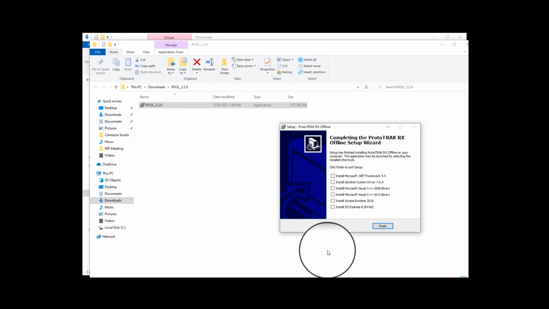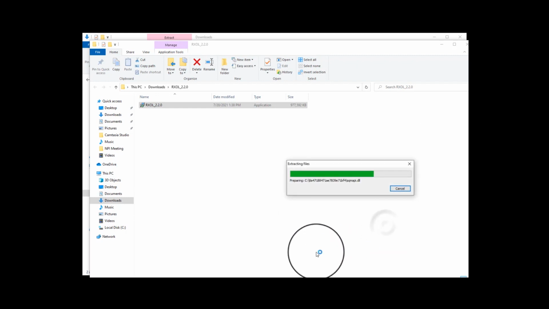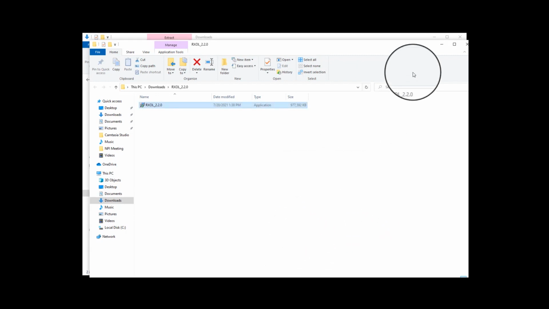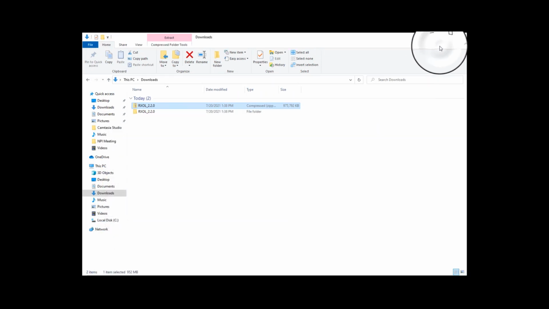This page here is for the other drivers and other software that you need in order for this to run on your machine. If this is the first time you're installing it, then I would suggest that you click on every one of these to make sure you have it all. If you are simply upgrading your offline program because we've made a new version, you can skip this part and just push finish. Once it's completed, you can simply close the window for the downloads, and you'll notice now that